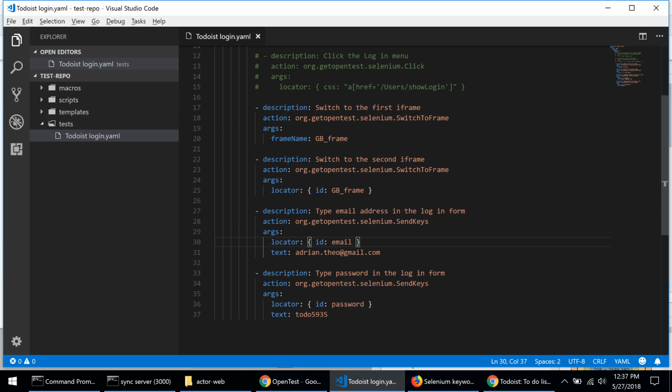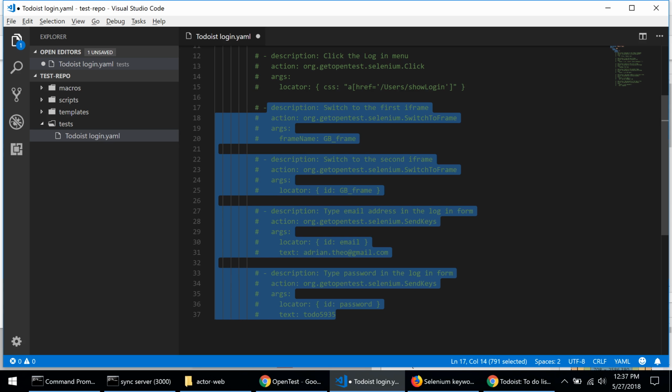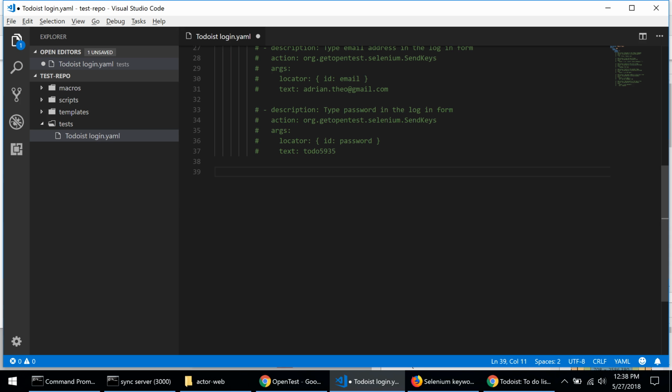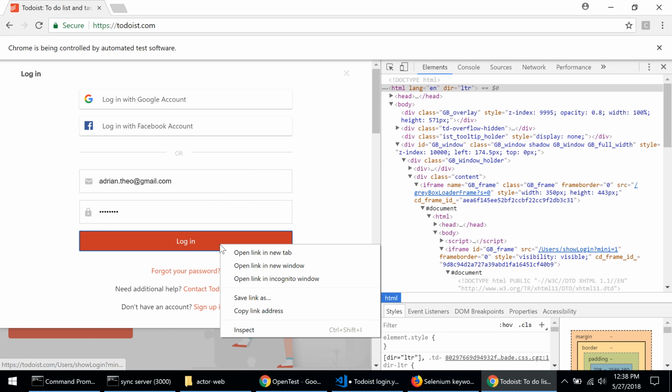So what I'll do is I will now comment out this section of the test, because remember, now I know this works fine, so I don't want to waste time executing it. I will only put in the test actions that follow after that, which in our case is clicking on this login button. So let's see how this is